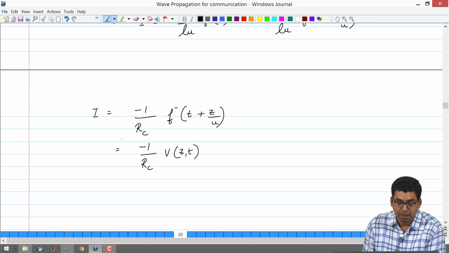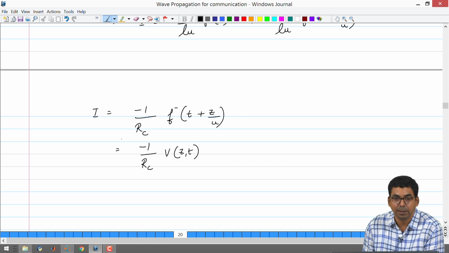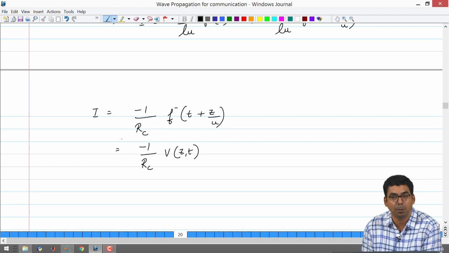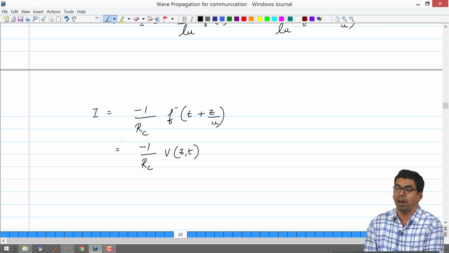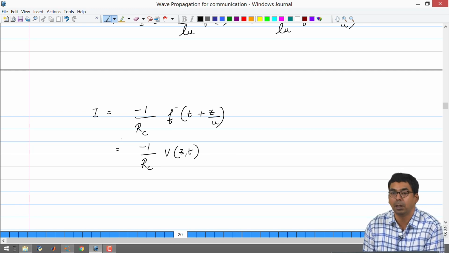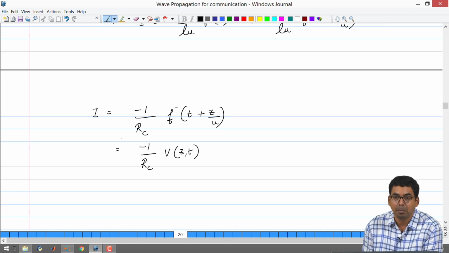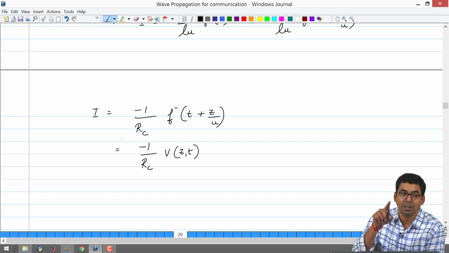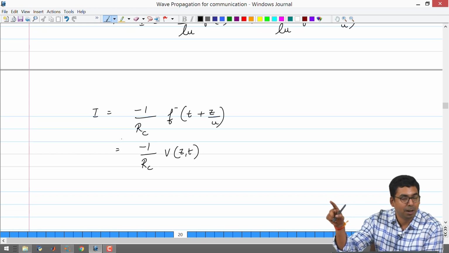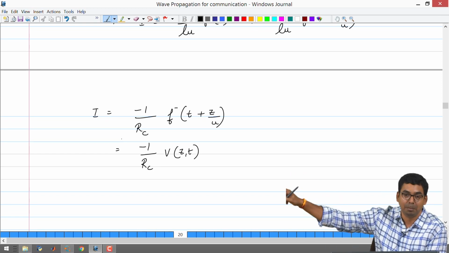Okay. So for the forward traveling voltage wave, the current will be simply 1 by Rc times V of z comma t, but for the backward traveling voltage wave, the current will look like minus 1 by Rc V of z comma t, which means that if you have to write down the expression for the total current in your transmission line, you will be having some positive current for the forward traveling,